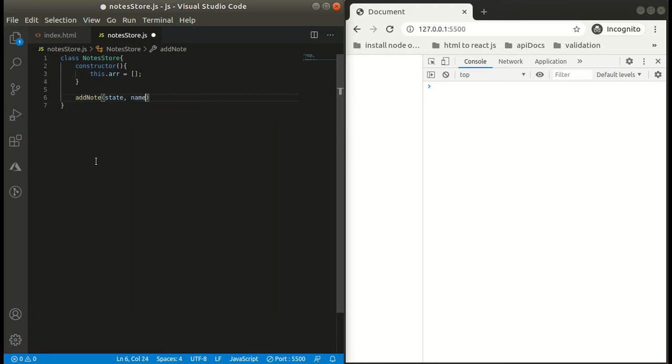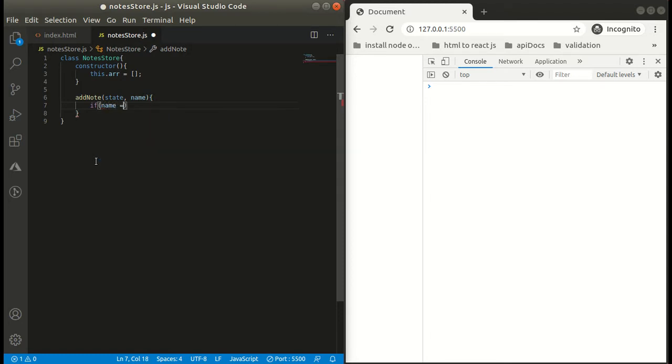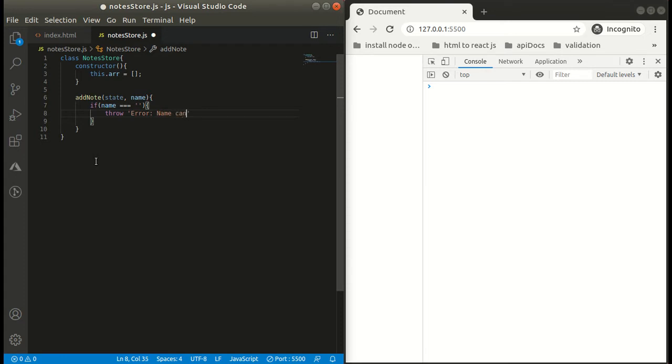And next we will be making a function addNode, and it will be taking two parameters, state and name. Okay, two parameters, state and name. As we all know that we have to pass two parameters, one will be state and another will be the name, and we have to store them in our collection. Okay, and we also know the cases that are provided to us, so let's handle them side by side. If we don't have the name in the argument, then we have to simply throw an error, that is name cannot be empty.